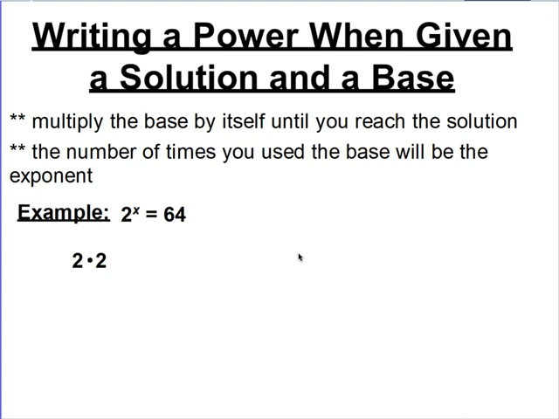Okay. Last thing we're going to go over today is writing a power when you're given the base and a solution. So we have to find the exponent. So the example here is 2 to the x power is equal to 64. Here's what we know. In order to solve a power, you keep multiplying by the base over and over again. So we basically have to figure out how many 2's we need to multiply with to get 64 as the